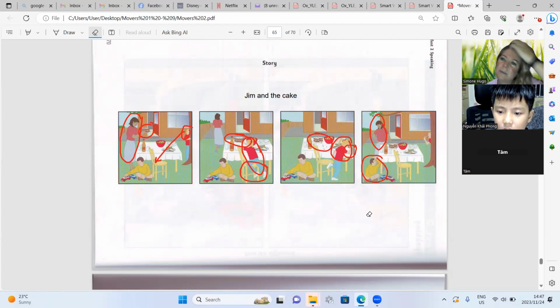Jim is thinking, "I didn't eat cake." His sister is eating the cake and laughing. Okay. Good.